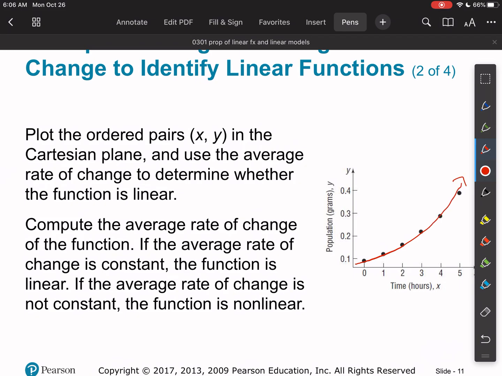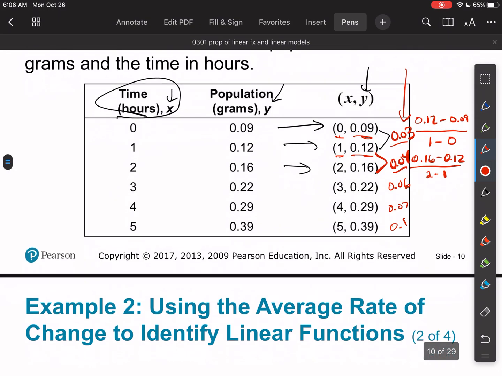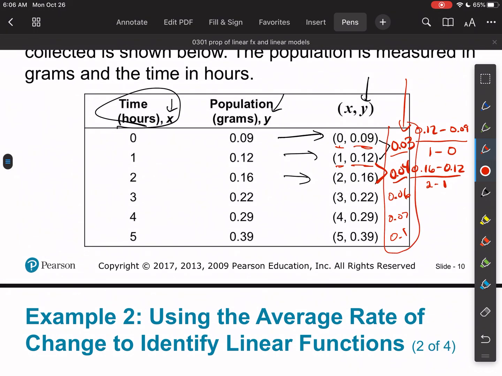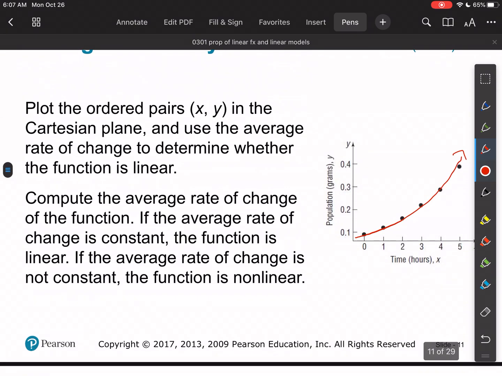This is more of an exponential type of graph, but really for the purposes of this lesson, they're just going to want you to identify, is this linear or not? And the reason that this is not linear is because the slope is not staying constant, it is changing. The red here, these are all our slopes between the various time frames. We can get an average, so don't be confused, you guys. You can get an average slope by taking 0 and 5 and looking at these numbers and subtracting them out. You can get some kind of average slope, but they're asking you to identify, is the slope constant over time? So you need to do a bunch of the slope calculations and see if they're coming out the same over